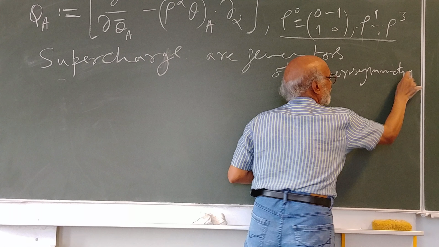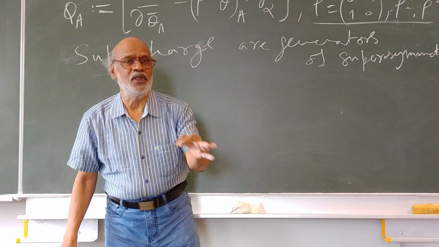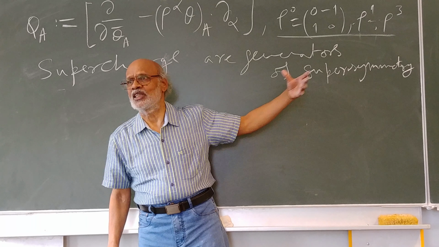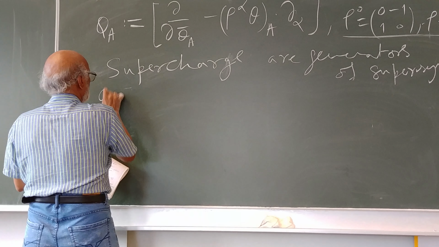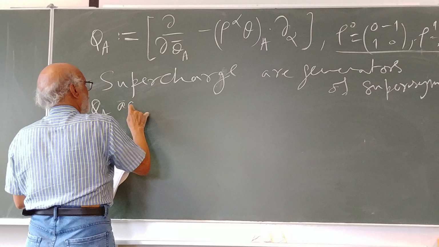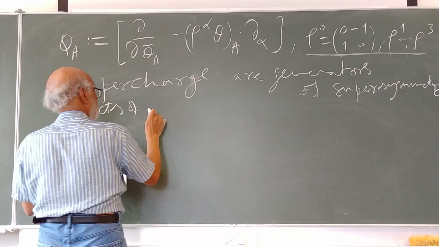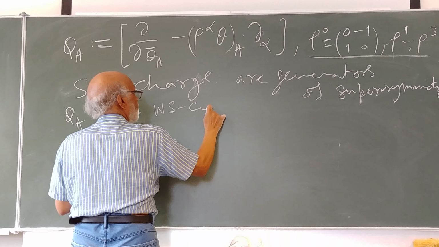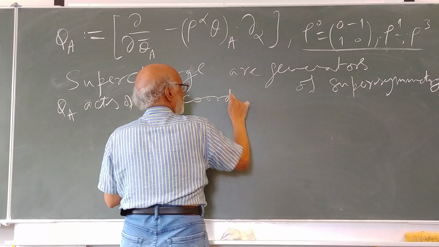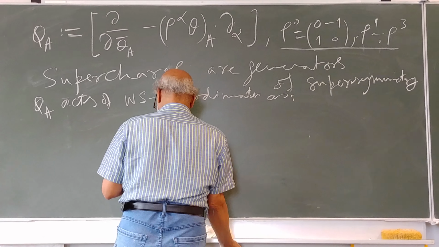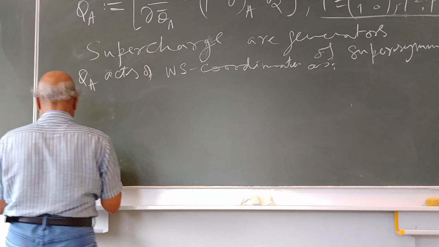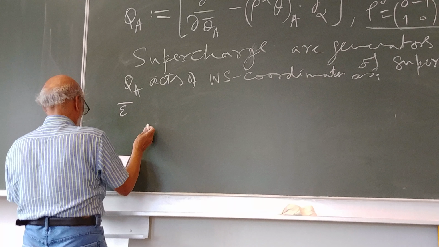I want to see how the supercharge acts on sigma alpha. Now if you develop this, it would be epsilon bar del over del theta bar of sigma alpha, which would eventually be 0, the first term, minus epsilon bar rho beta theta del beta